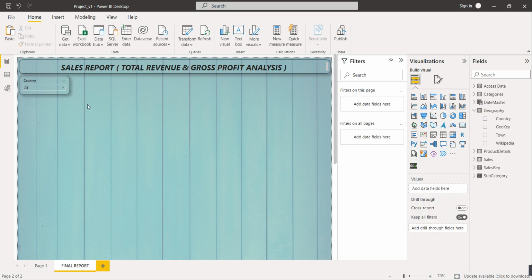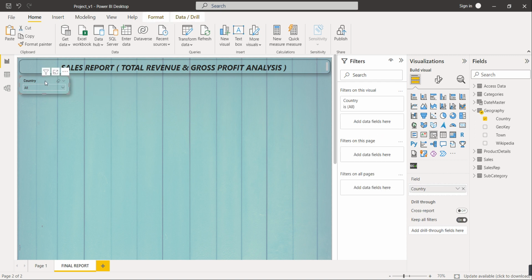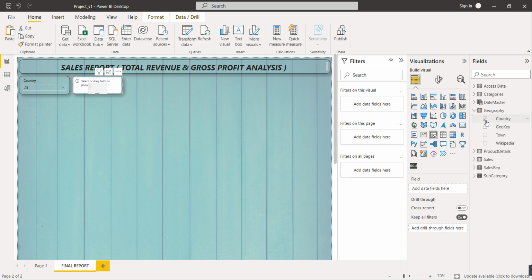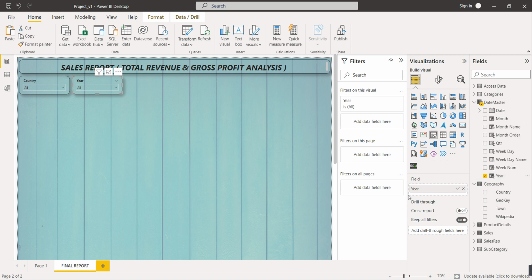Yeah, done. So after country we are going to give one different parameter as a selection parameter, or we can say filter, which is year. So instead of country, I'll just deselect this country from here, and we are going to give year as a selection parameter. So I'll drag field year in the field. Okay, the next thing, the next slicer will be